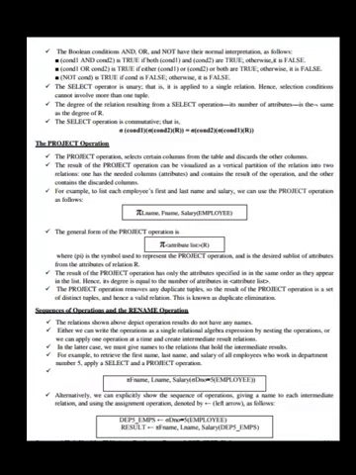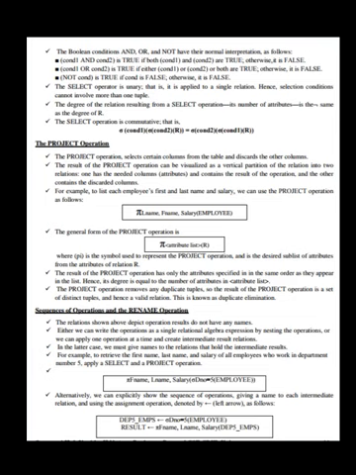The Boolean operators and, or, and not have their normal interpretations as follows. Condition 1 and condition 2 is true if both condition 1 and condition 2 are true, otherwise it is false. Condition 1 or condition 2 is true if either condition 1 or 2 or both are true, otherwise it is false. Not condition is true if the condition is false, otherwise it is false.